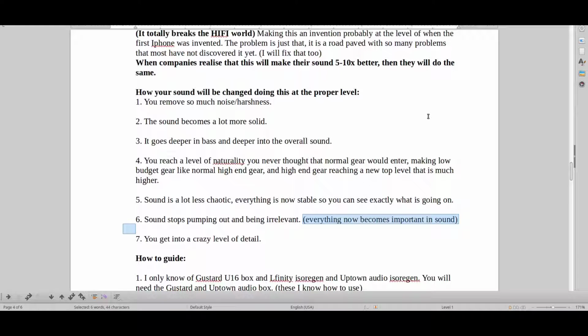with just regular equipment like Yamaha, Pioneer, I don't know, Vincent, Musical Fidelity, regular gear, Plinius, those are usually brands that I definitely don't want to recommend at all. But if you go all the way with this guide that I've created here,